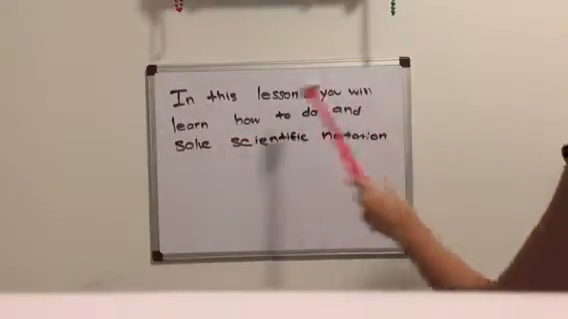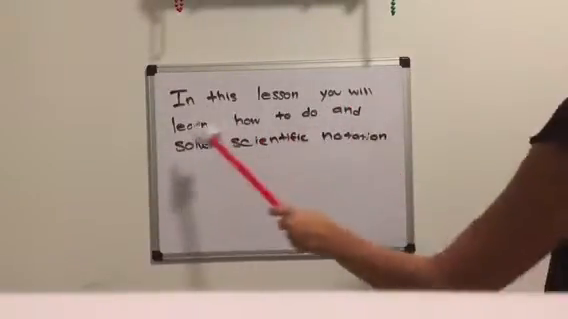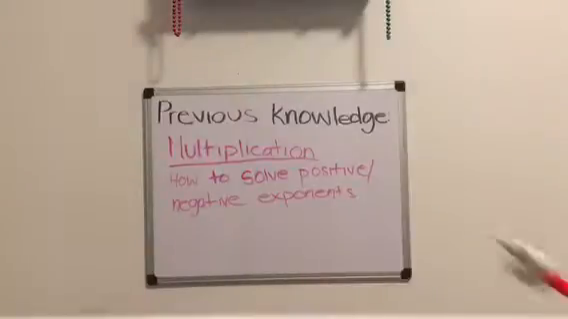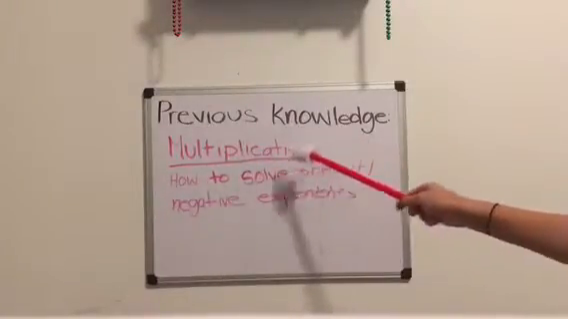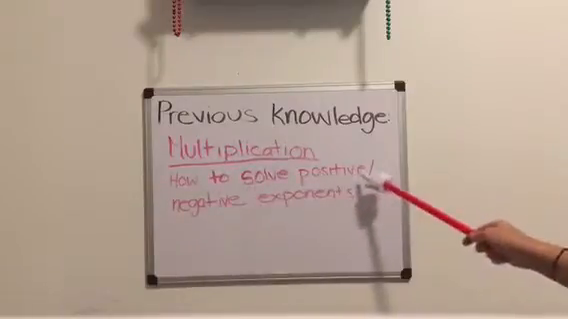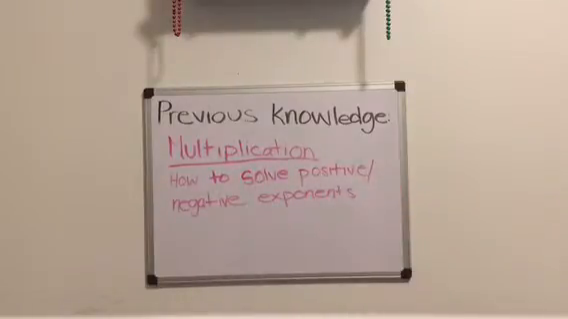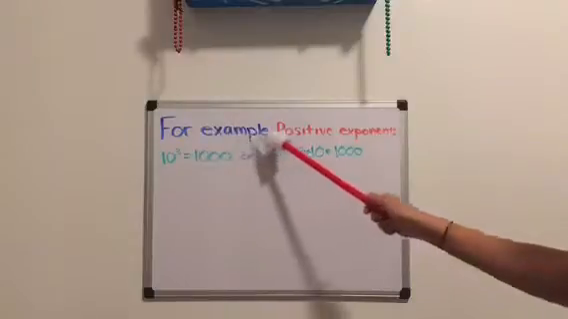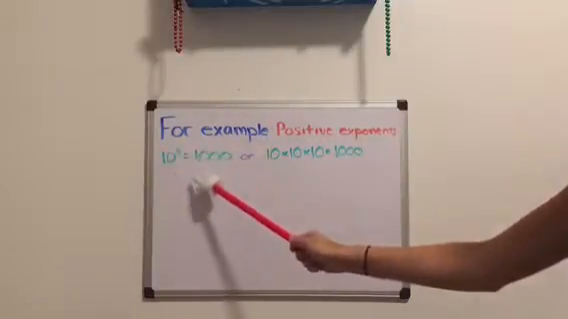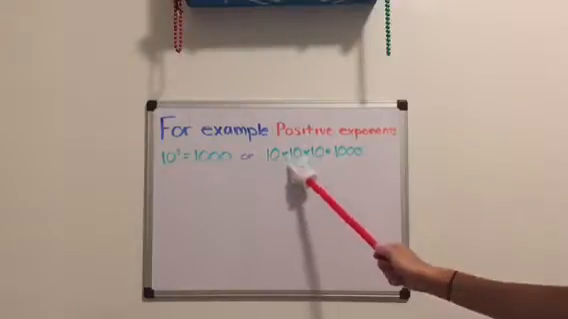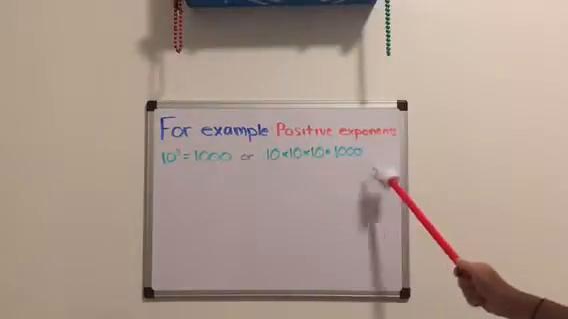In this lesson, you will learn how to do and solve scientific notation. Previous knowledge you will need to know is multiplication and how to solve positive and negative exponents. For example, with positive exponents, 10 to the power of 3 equals 1,000 because you multiply 10 3 times, or